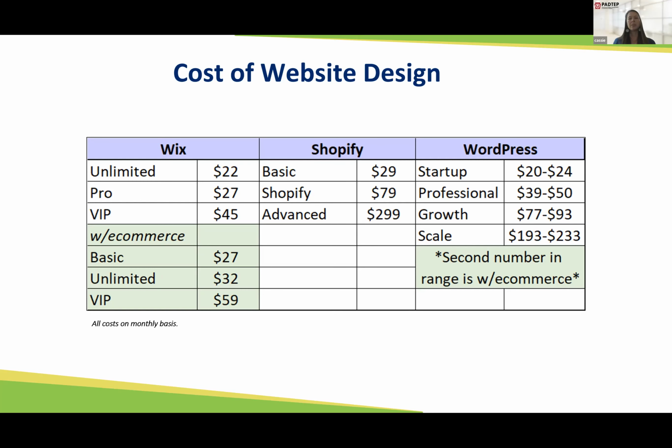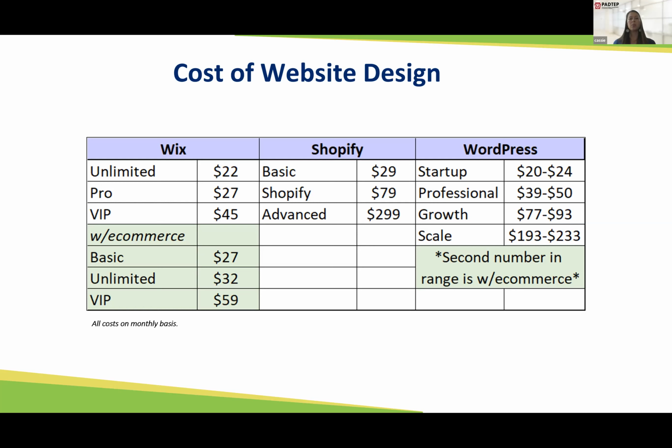Now, as far as the time component that it takes to set up a website with one of these platforms, it's definitely doable to do within a day. Maybe you want to spread that out over time, and it has a lot more to it, and so it takes a week. But this is definitely something that you can do yourself if you want to. You can always hire someone to do it, but you can also do it yourself.